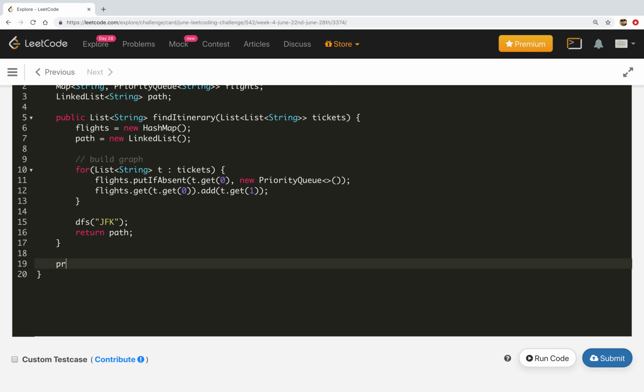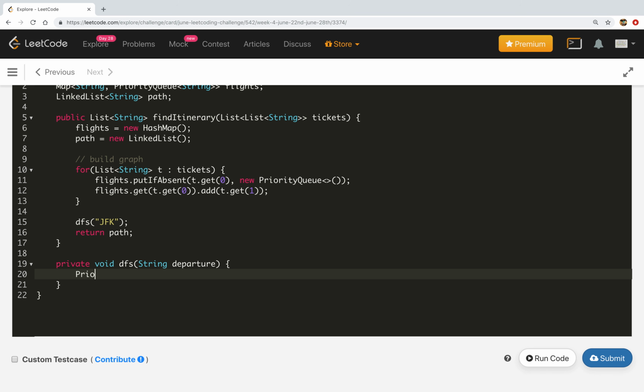Here we will create a private void DFS method where we get a string airport, the departure airport. First we will get all the arrivals from that departure.